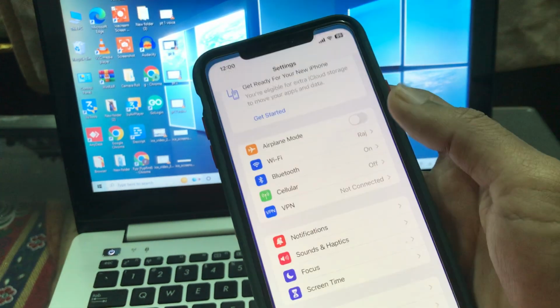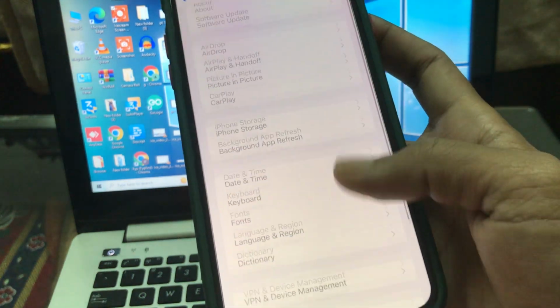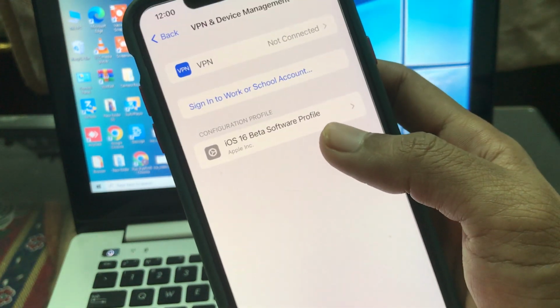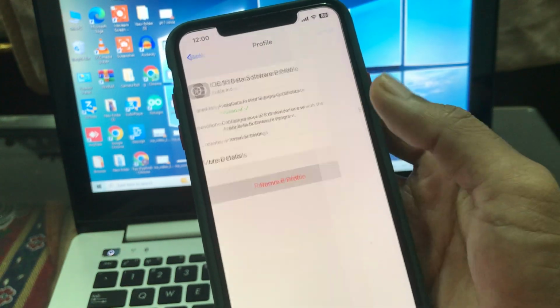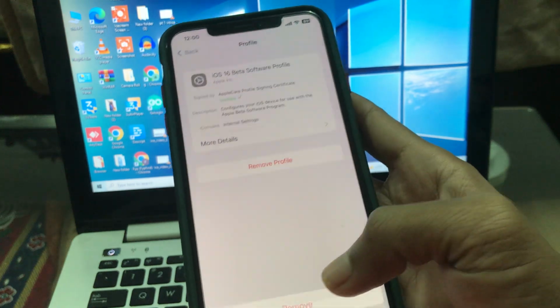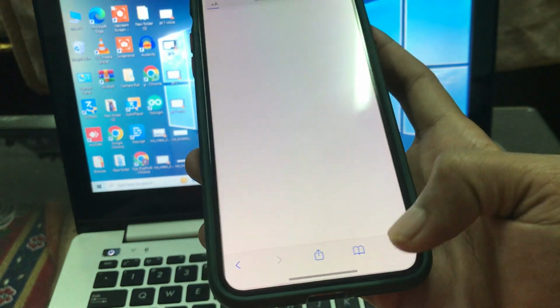And now first of all, go to your iPhone Settings, then click on General, and then click on VPN and Device Management. So if you have any beta profile you have downloaded from Apple beta or any other site, click on it, click Remove Profile. So make sure that you don't have any previous beta profile on your iPhone. Then simply click on Not Now, go to the Safari browser